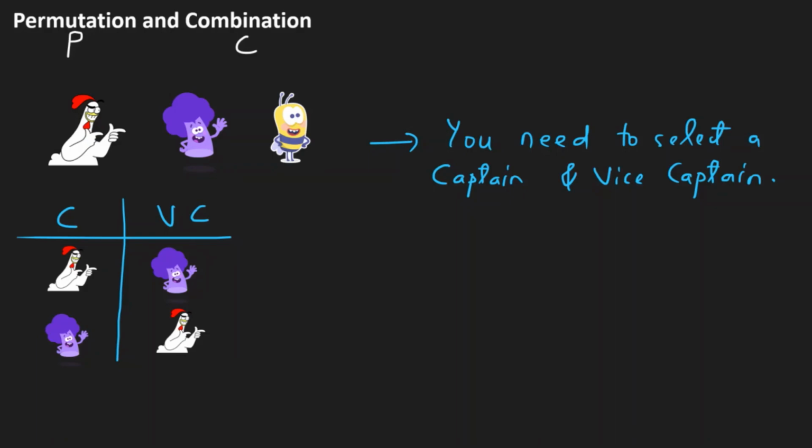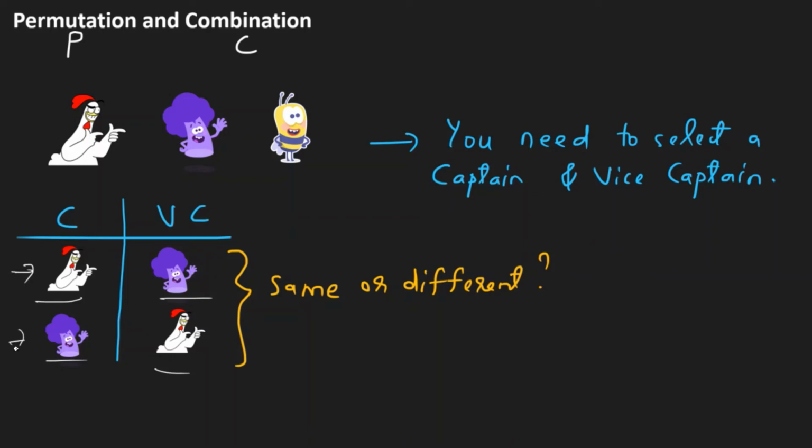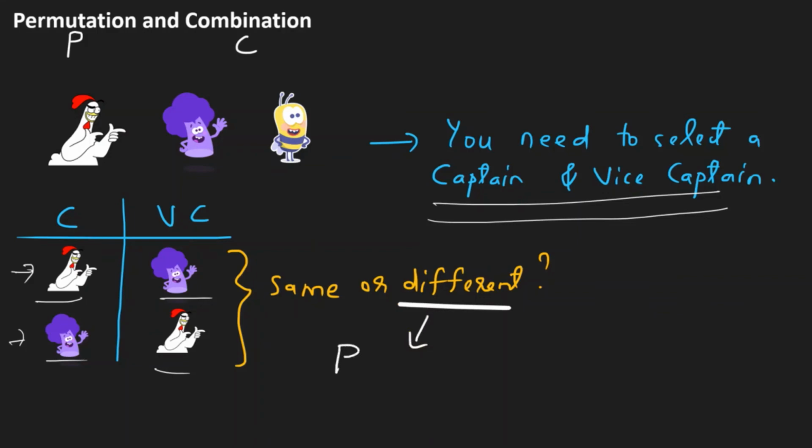Now we need to ask ourselves whether these 2 ways of selecting a captain and vice captain are the same or different. Over here you have hen and broccoli. Over here also you have hen and broccoli, right, in these 2 instances. But you will see that in instance 1, hen is the captain, and in instance 2, it's broccoli that's the captain. So you will agree with me that these 2 ways of doing this selection are different, right? And it is in these type of cases that we use permutation. Alright, we go on building an intuitive understanding of the same. Let me keep this aside.